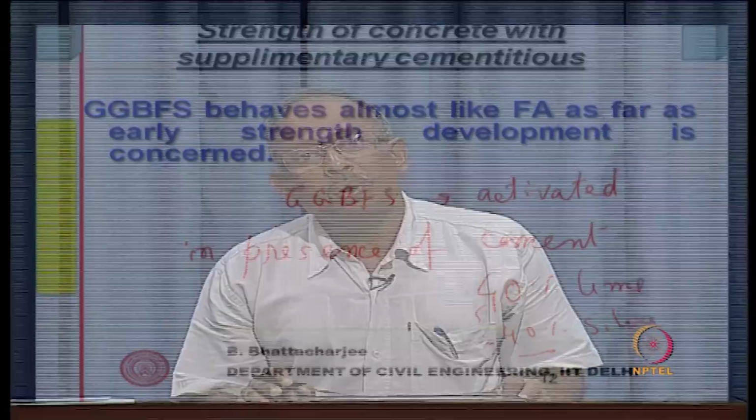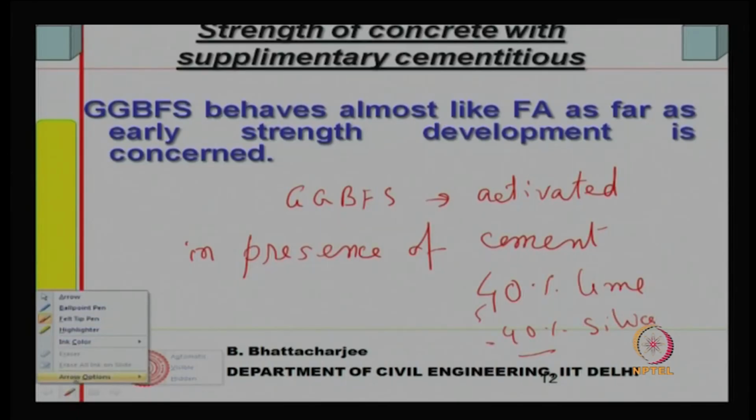With something like 60% slag and 40% cement, the cement actually activates the slag, and therefore the slag shows its own hydration product together with the cement hydration product. And the lime liberated from the cement hydration can react with the excess silica present, which did not react with the lime of the GGBFS, and they will fill in the void space within. But again, its activation will require